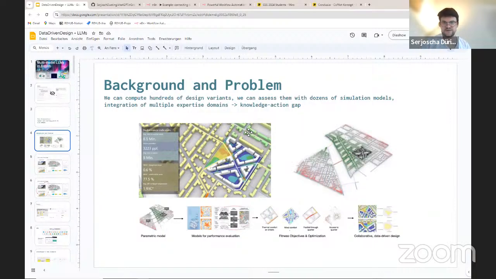Also, let's say I now have 5 simulation models on this model, but maybe I'm not really a CFD expert, right? I'm a generalist. And I know perhaps I can see there are some red dots on the map, which mean high wind speeds, which is probably not so good. I should solve that problem. But how to solve that, that's another thing. The simulation doesn't tell me how to actually improve the situation, right? That's why this term here, knowledge action gap.